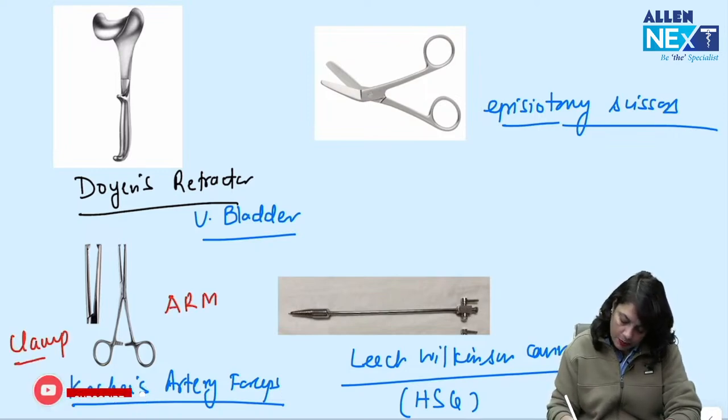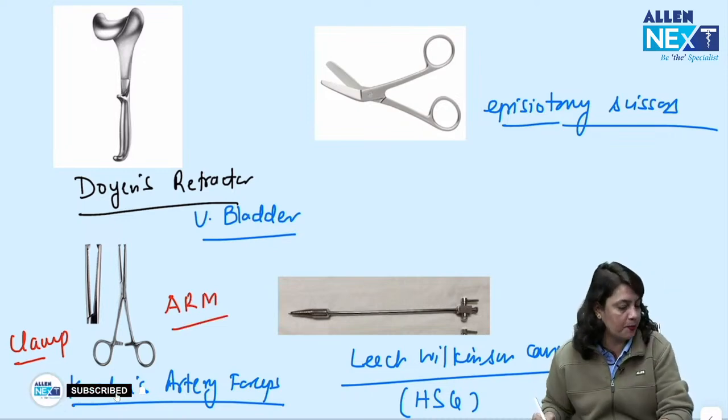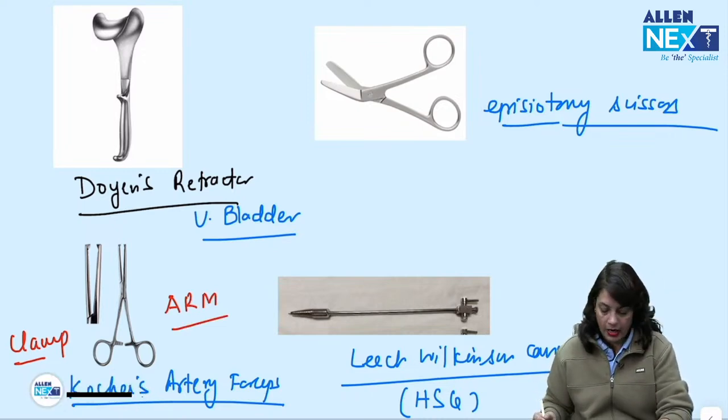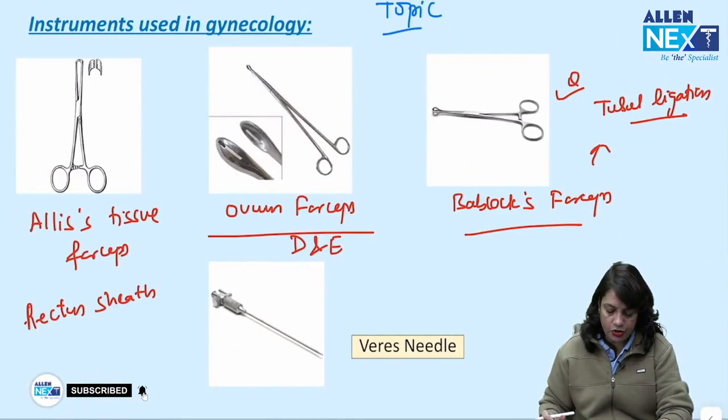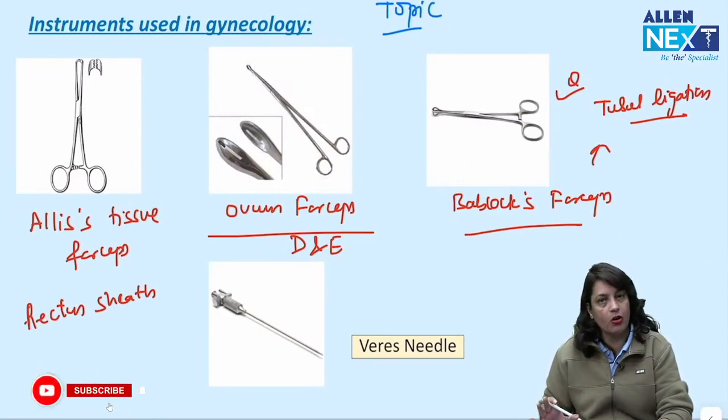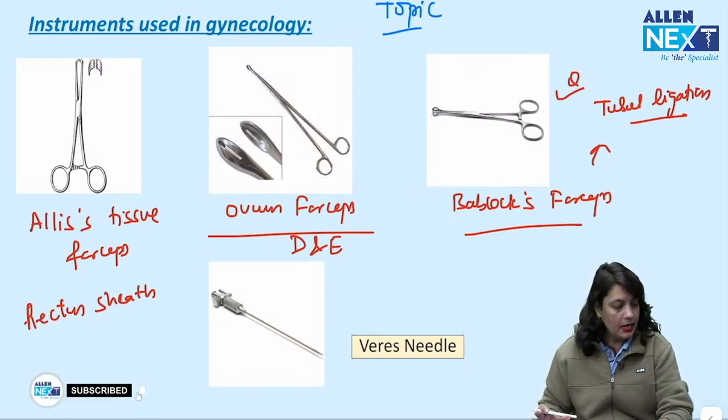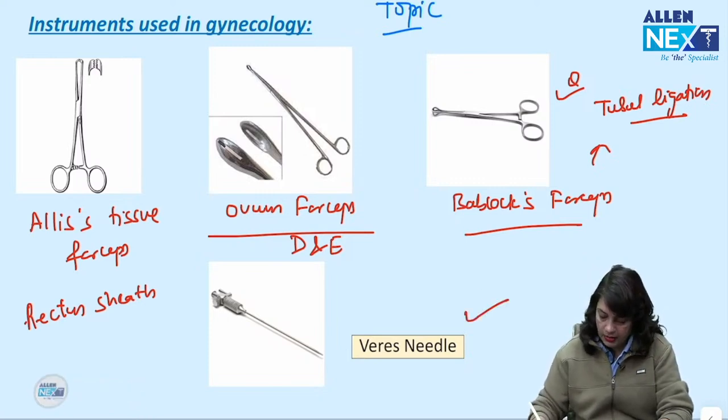It can be used in obstetrics to perform artificial rupture of membranes. So friends, just revise these instruments. This is important. Some of them have already been asked in your exams, like Leash Wilkinson cannula, they have asked,